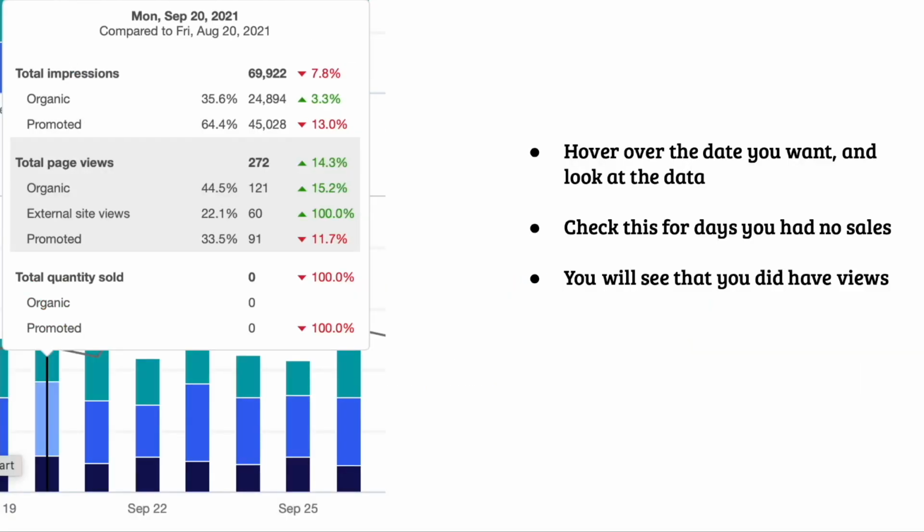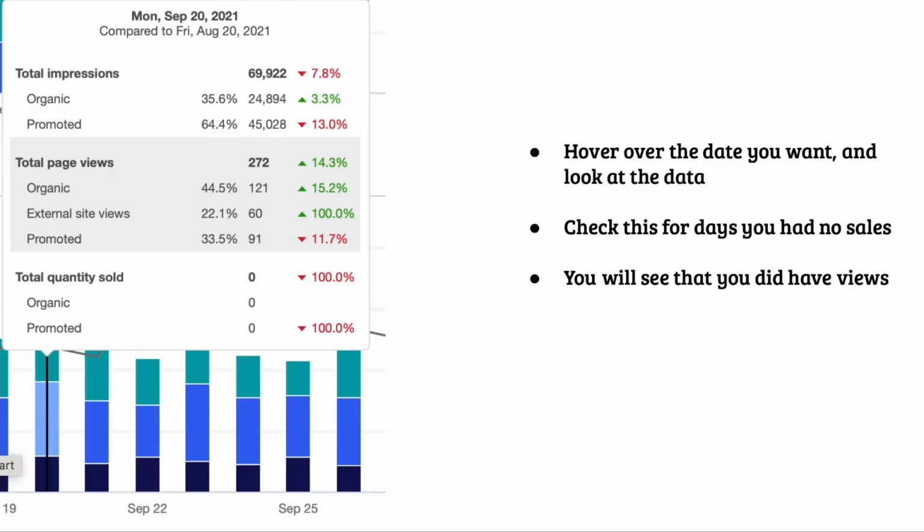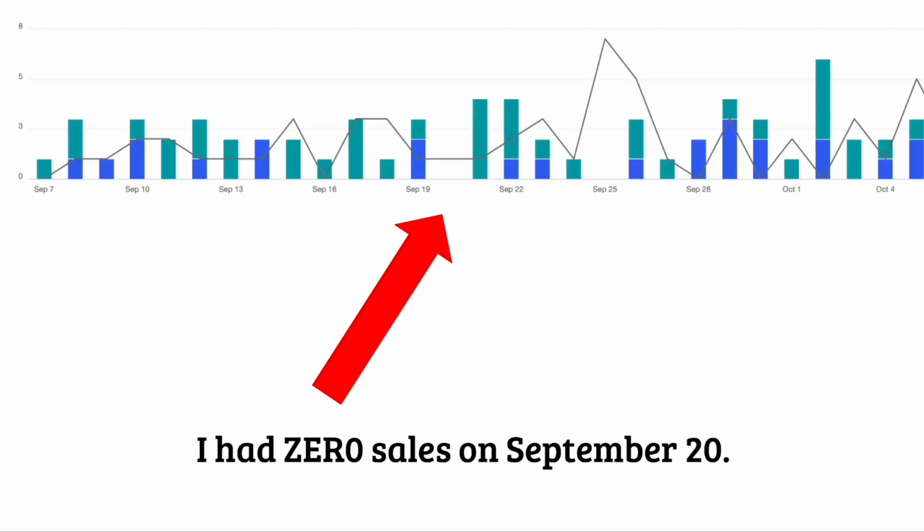So all you have to do is hover over the date you want in this chart. You just hover over one of these, and this box with all these numbers will pop up. And you can look at these numbers to confirm that you did have views on the days you had no sales. So let me show you a couple of examples using my reports. I had 0 sales on September 20th. That's one of the days I had no sales on. So you can see these gaps are days that there was no sales. Okay? But if we hover over that date,